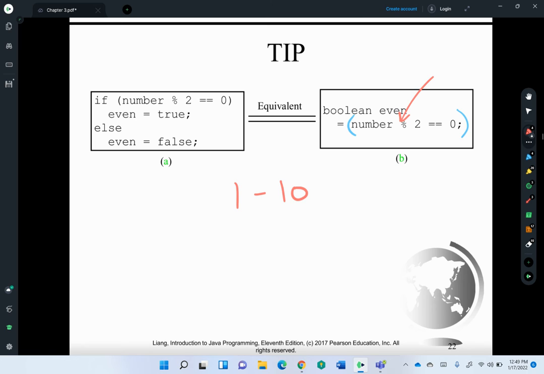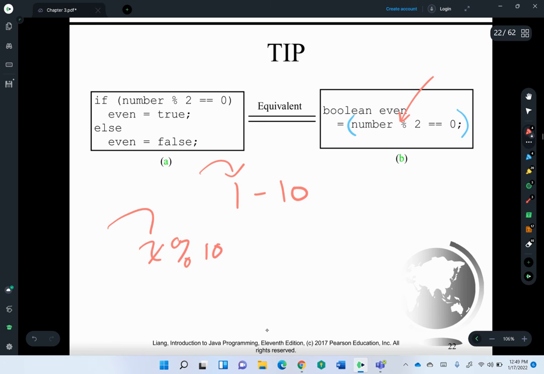So if we want something that is 1 through 10, we're going to have to add 1 to get our answer. So x modulus 10, no matter what number is in x, we're going to get a number from 0 to 9. So if we ever need to know, hey, give me a number between 1 and 10, and someone gives us